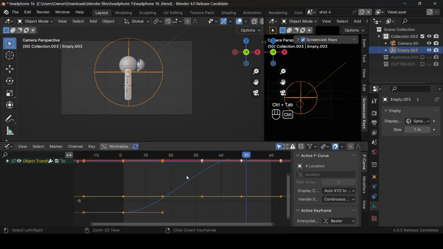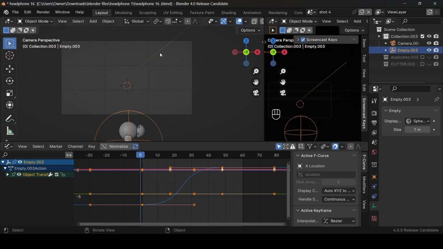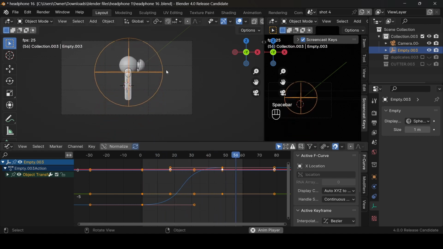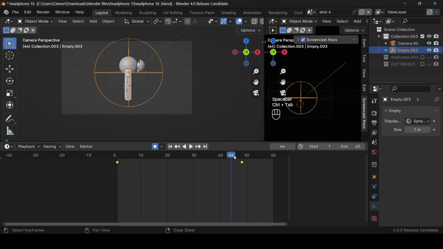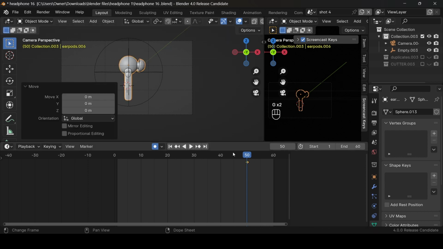What we'll do now is press Ctrl Tab, and again don't forget that the pivot point is set to individual centers, and then I'm just going to scale this outwards like this, and let's see if we play that. Yeah, so it's pretty much just speeding up and then ending like that. Boom. Yeah, that's cool. Then what we want is when it gets to frame 50 here, I'm going to select the earbud,